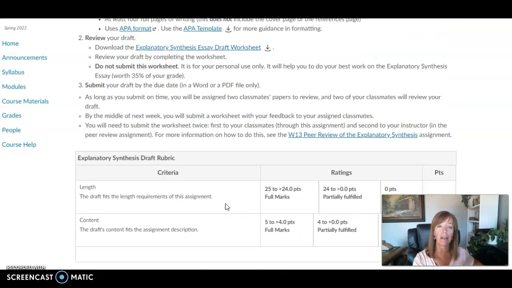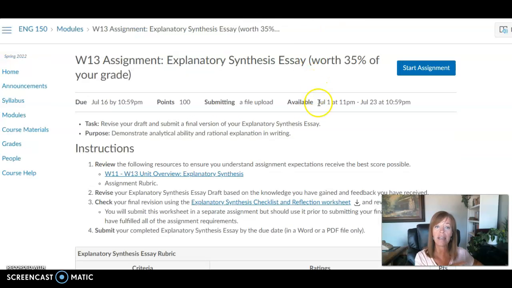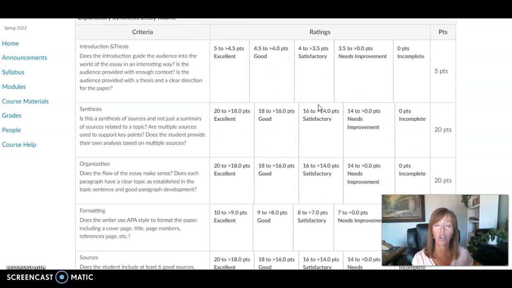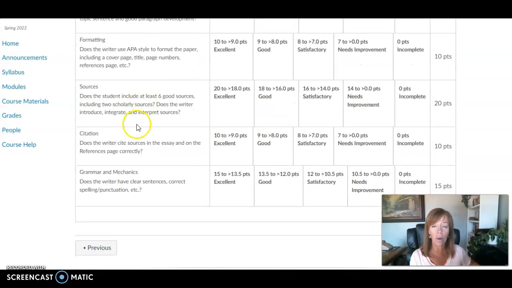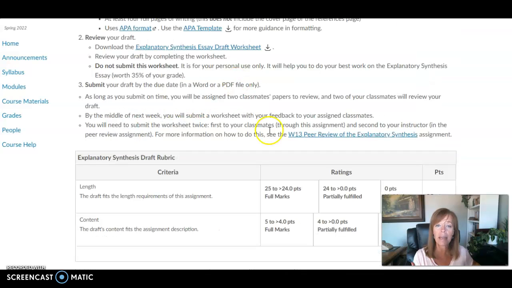I also encourage you to look ahead to week 13 and pull up the final submission page, because that submission page has the rubric on it so that you know exactly what's going to be graded, what's going to be assessed, what I have been asked to look for. Read this over and do a little self-assessment or self-grading to make sure that you're on the right track. Just use it as a checklist, all right? I think that's it for the week.